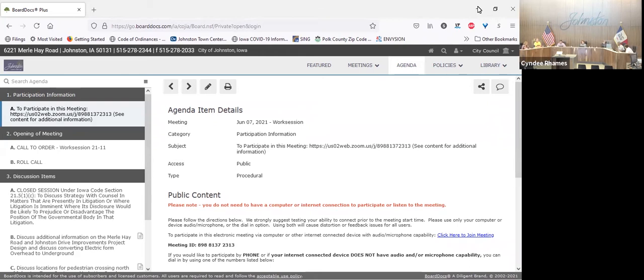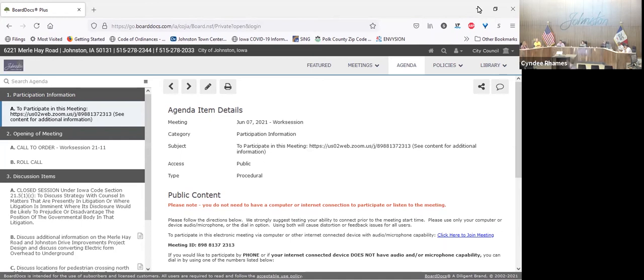o'clock, so we'll go ahead and call the council work session number 21-11 to order. Cindy, roll call, please. Councilmember Cope. Here. Evans. Here. Martin. Here. Ready. Here. Temple. Here. First item that we have this evening is a closed session under Iowa Code Section